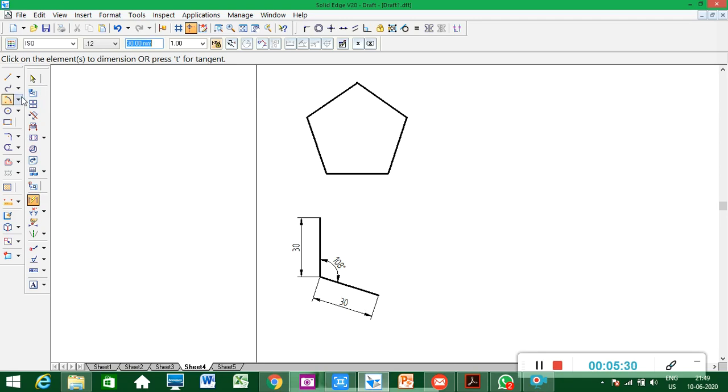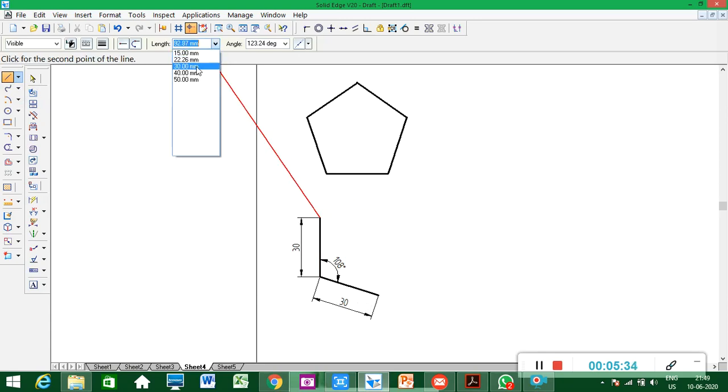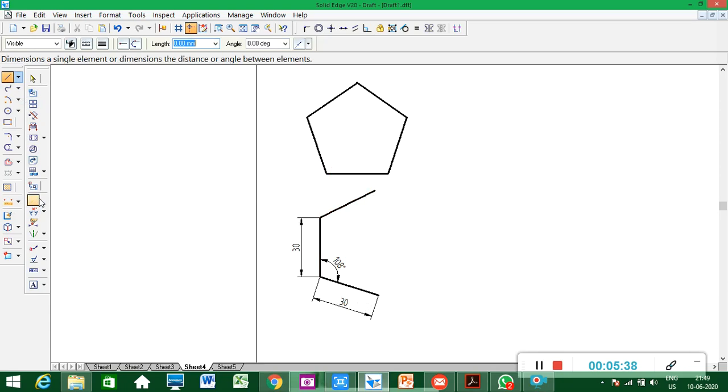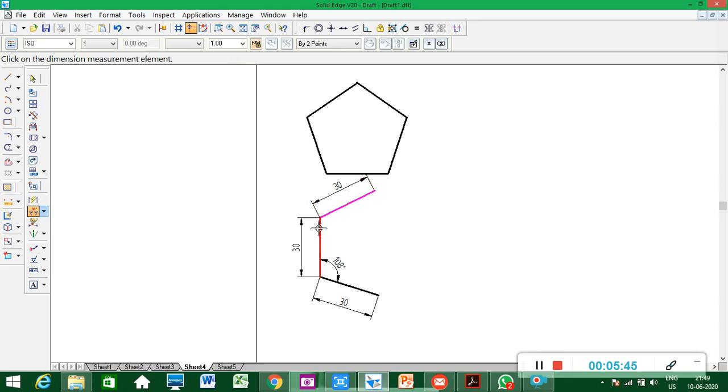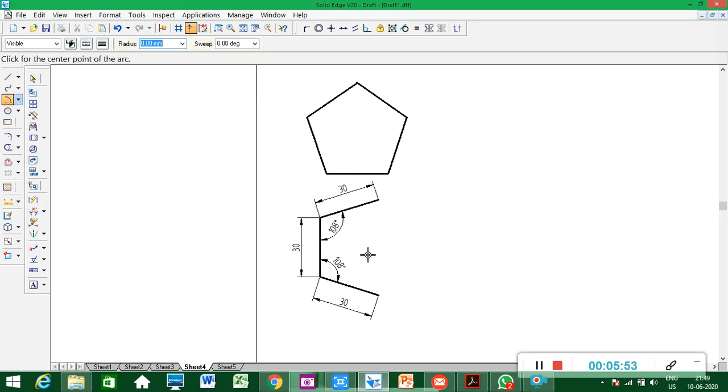Then from here also you draw a line, how much length? 30 mm. Okay, so just draw it. First fix the dimension, because in software the angle will change, then set the angle. How much angle do I want? I want 108. I'll type 108 in the angle. Then I go to the R command, the way you draw manually.